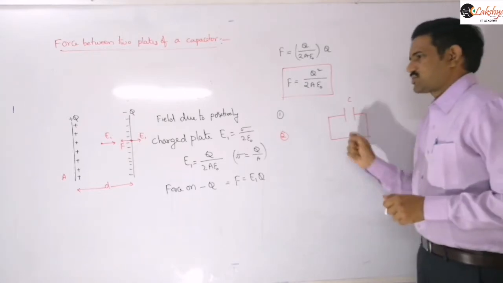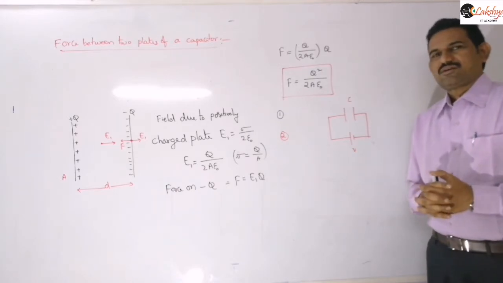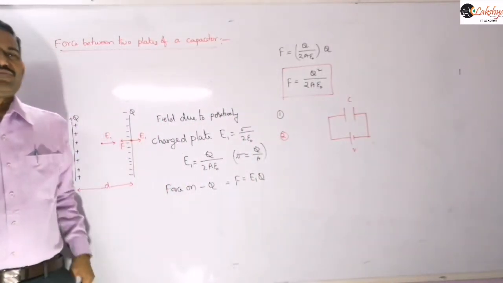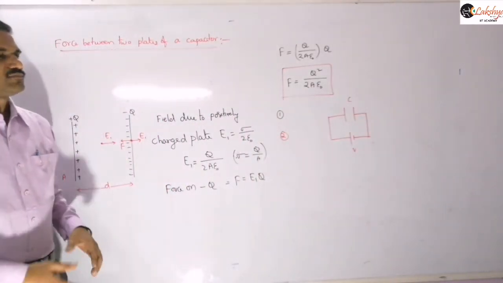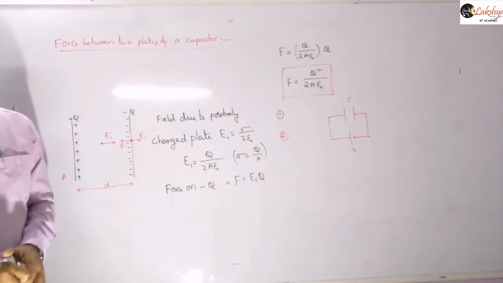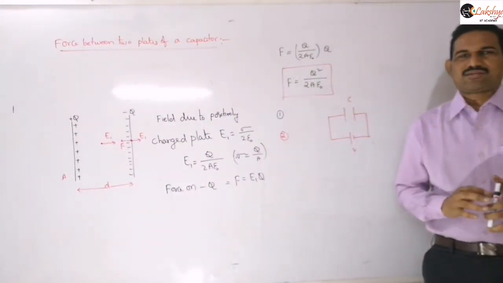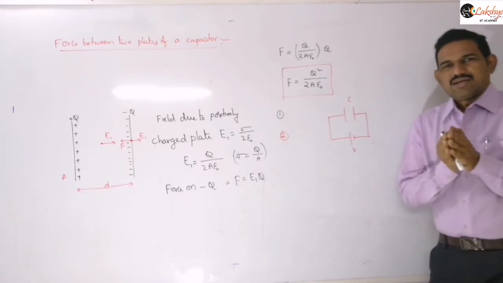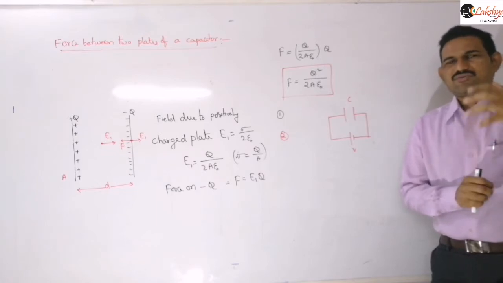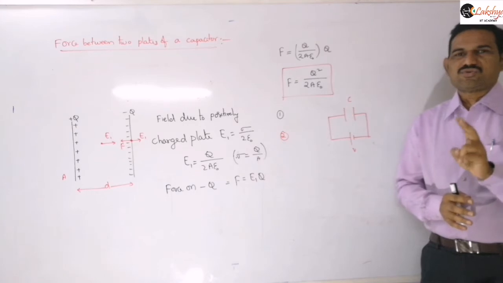So now, first mention that if the potential difference between the two plates remains constant, that means if a battery remains connected to the capacitor, whether you are changing the distance or maintaining the distance constant and introducing the dielectric, whatever changes you are doing, whenever a battery remains connected, these are the two fundamental points you need to remember here.